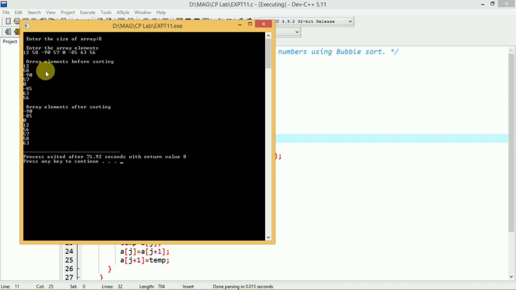After this, by this algorithm we are going to sort, so the sorted elements we display here, that is array elements after sorting. If you sort these elements, the sorted elements are minus 90, minus 85, 0, 12, 56, 57, 58, 63. So this is the elements after sorting.